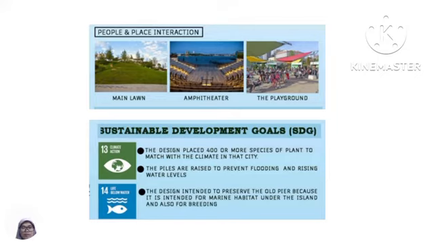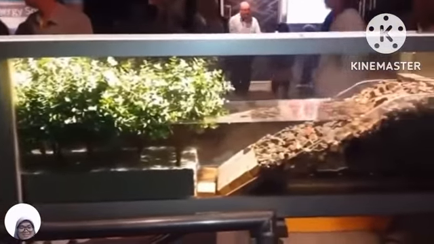Before I continue with my conclusion, I want to show one video that maybe can help us choose a solution about flooding or sea level rise. The video shows the impact from the water from one stage to the other stage. If you can see in front of this,